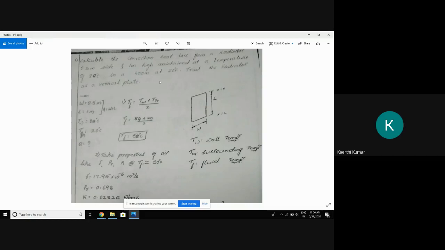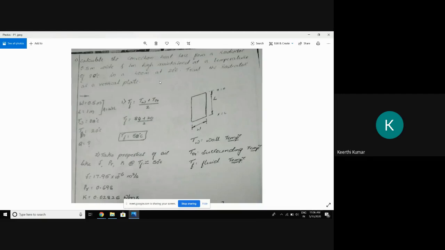See, here he has not mentioned free or forced convection. If it is not mentioned, what you should do is check whether the velocity of the air is given or not. Whether it is free or forced, air will be moving, and the velocity of the air will be there. But if it is a forced convection, definitely the velocity of the air will be given in the question. If not, you treat that question as a free convection. Clear? The only difference between forced and free convection is finding the velocity in the question. If the velocity is given, then go with forced convection. If the velocity is not given, go with free convection.